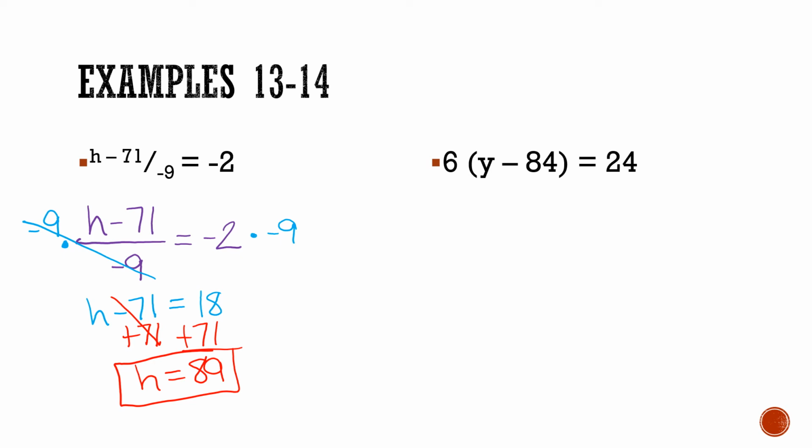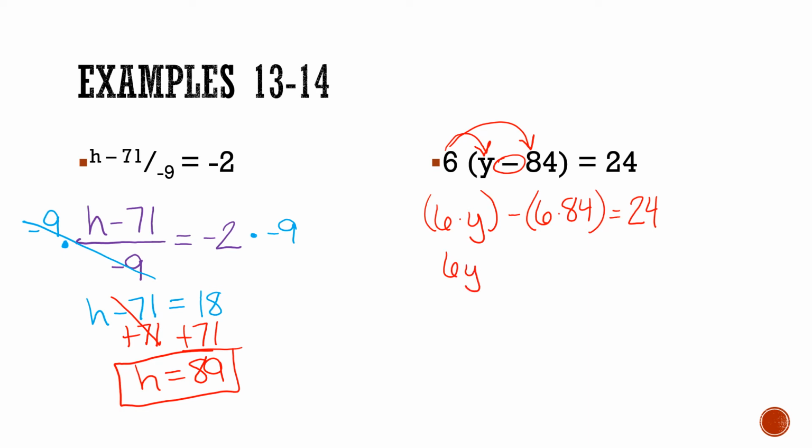In number 14, you need to distribute the 6. So that is 6 times y. Bring down your minus sign. 6 times 84 equals 24. 6 times y is 6y, minus 6 times 84. 6 times 4 is 24. 6 times 8 is 48, plus 2 is 50. So minus 504